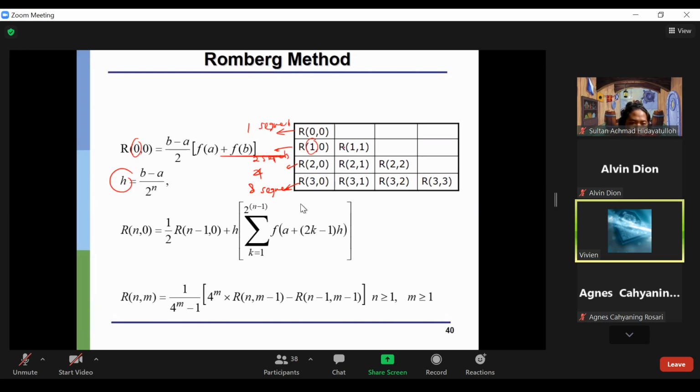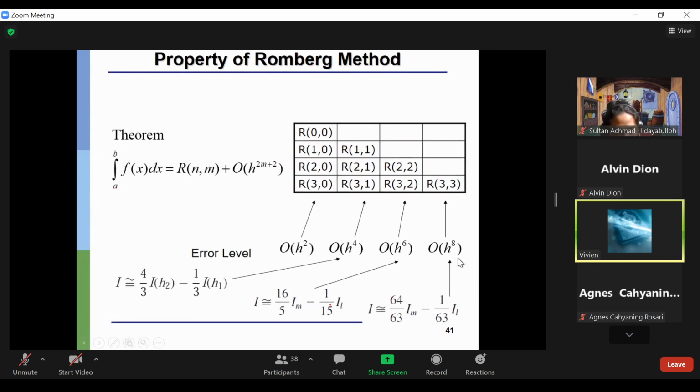And then afterwards, we can calculate the higher order scheme. Yeah, we can calculate a higher order scheme by combining the value between the fewer segments with the more segments. So the result here will be of higher order. So this is the calculation derived from. Yeah, so if we look at here,